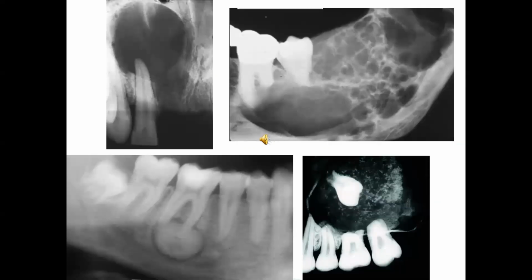Let us look at them one by one. Starting with the image on the left side, top one, you see a clear radiolucent internal structure. Move to the right, you see the internal structure is mixed. It has radio-opaque areas within. Then we move downwards, you see a whitish radio-opaque area, the third image. In the fourth lesion, you see a tooth displaced within the lesion and radio-opaque white structures surrounding it. So these are the four types of internal structures lesions can have.